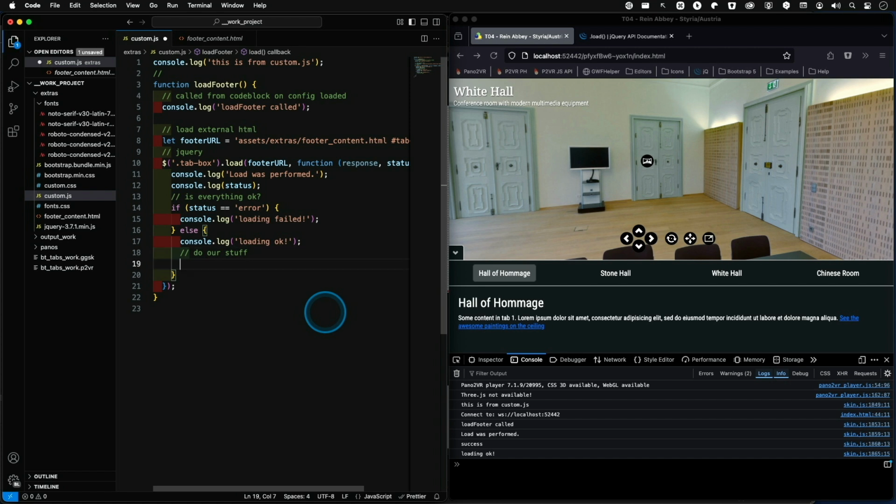So let's make some space here, and the first function I need is click on button should switch node,